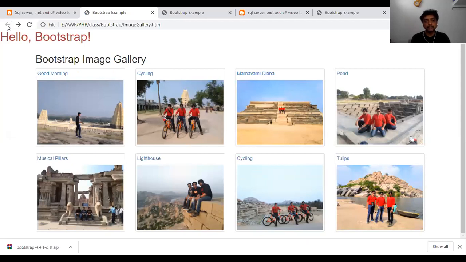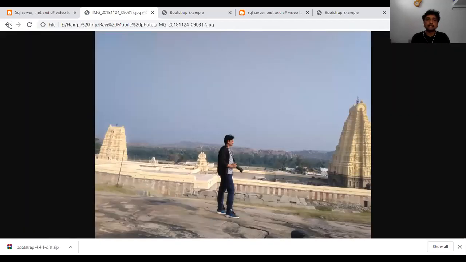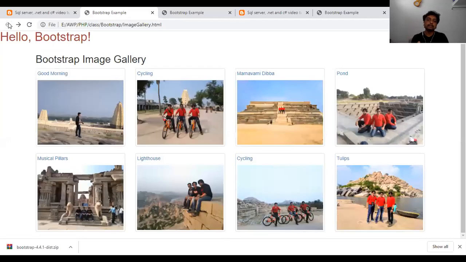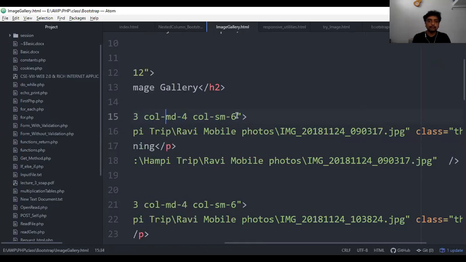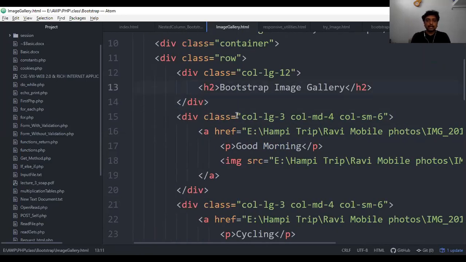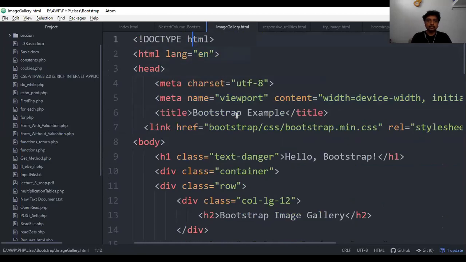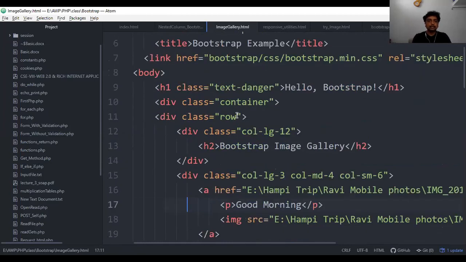The image galleries will basically look like this, and the functioning of the image gallery will be like this. So if I click on the image, it will open the image in full screen. Now let's go back to the code and see how to create this kind of image gallery. Now I will open my coding part. See here, I will show you the image gallery. In the image gallery, basically nothing much I have added here.